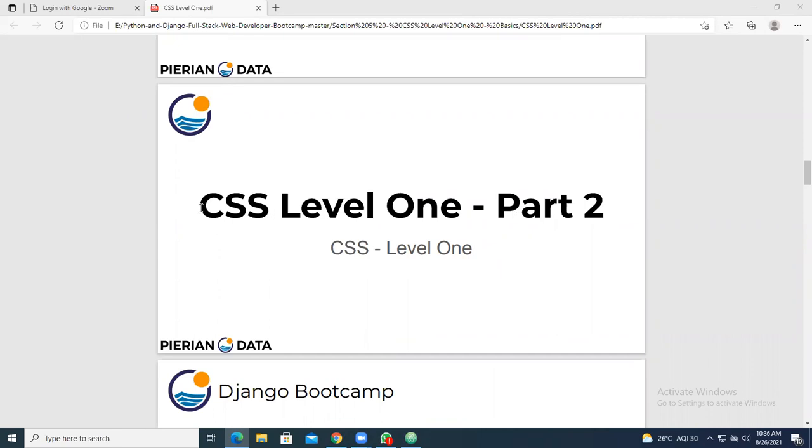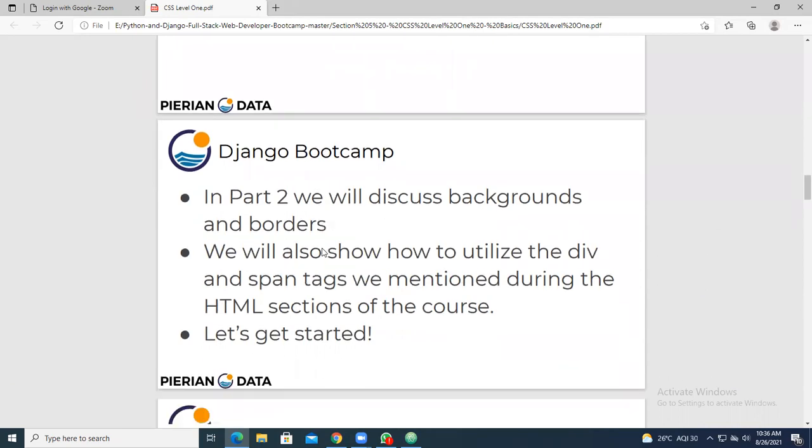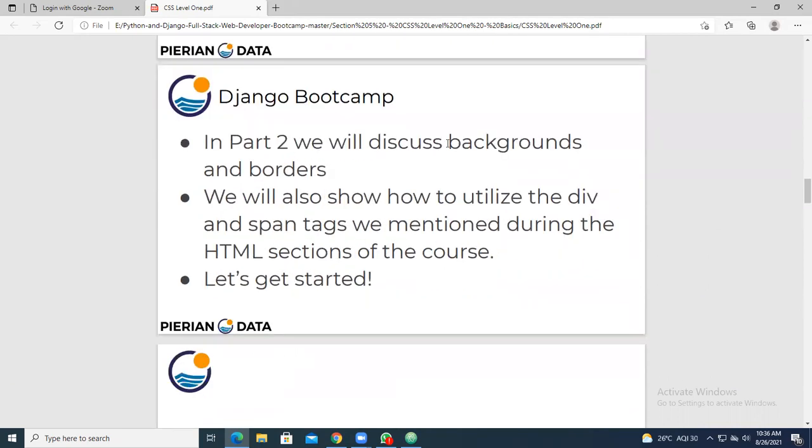In today's class, we are going to see CSS Level 1 part 2. In this we have seen adding background color and borders. We have seen background color, but not yet background images.